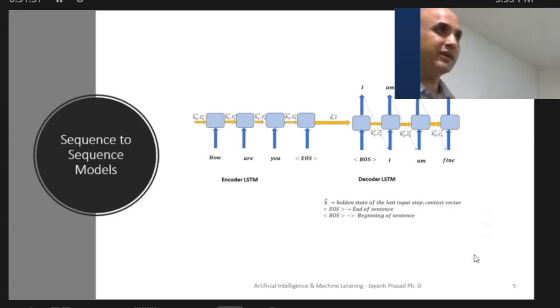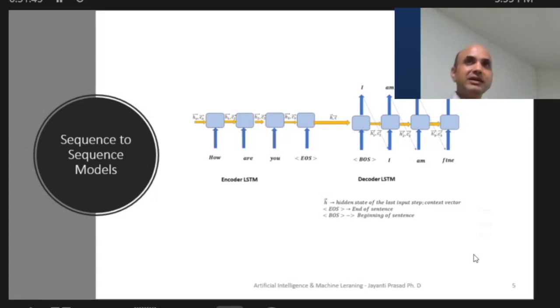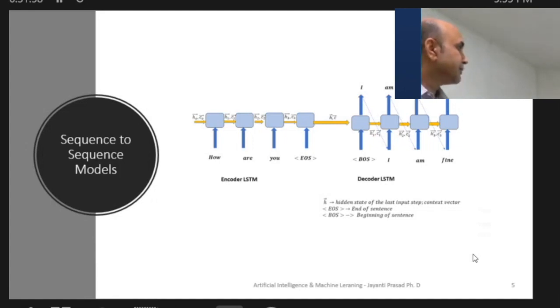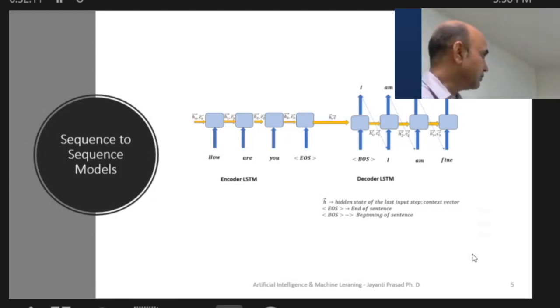So what was the problem with this? It has two pieces. One is called encoder and one is called decoder. We are trying to learn language translation, English to French, for example. Our data set consists of pairs of sentences in English and French, a few thousand, 50,000. In the encoder part, we feed English sentences one by one, one word at a time. Like the first sentence, the first word will go in, how, and the memory state will be updated.